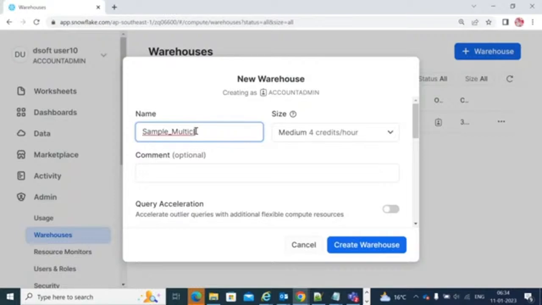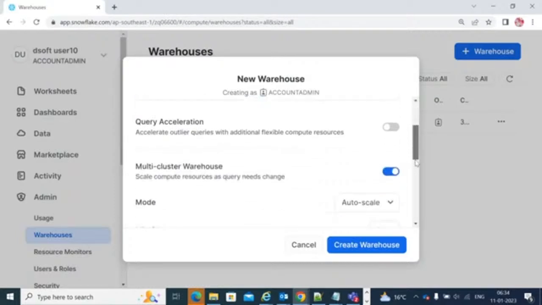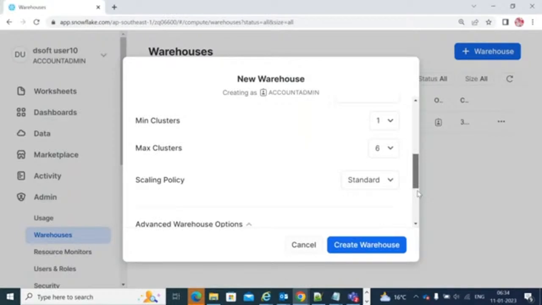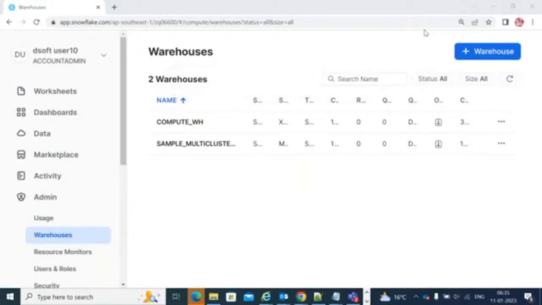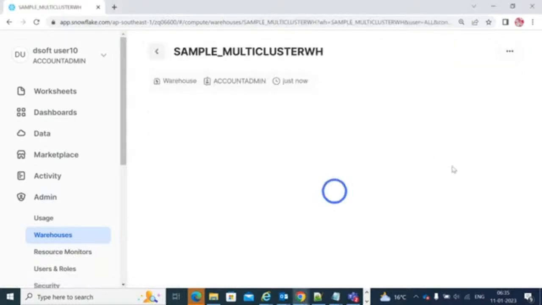My question is only that whenever we define 1 to 6, then as per the data, Snowflake internally increases. Suppose we have 10 TB of data, then we will use only one virtual warehouse, only one. Then if, sorry, it is